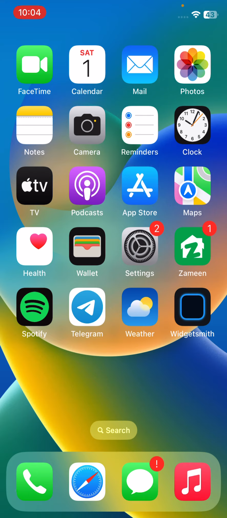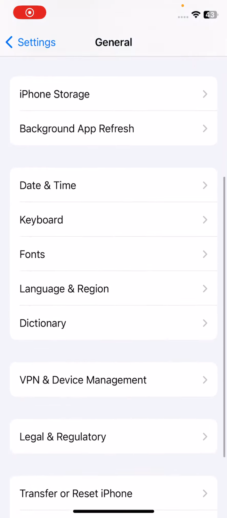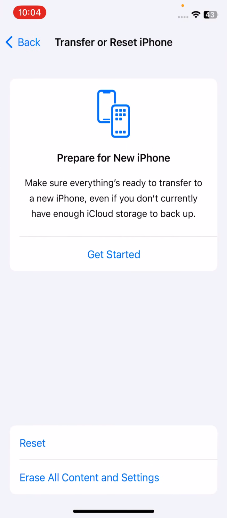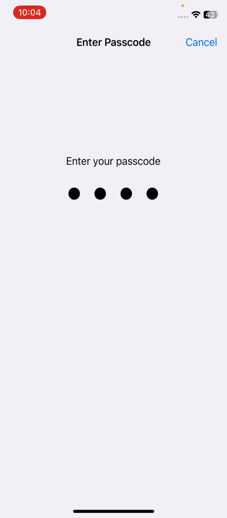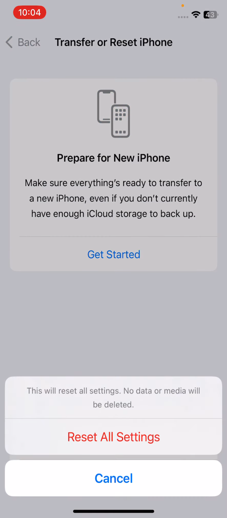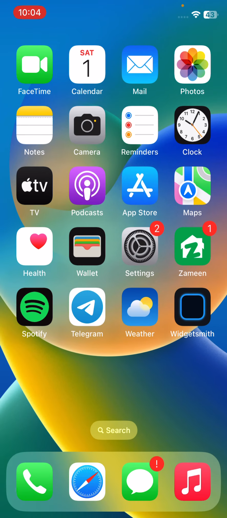reset all settings. For this, tap on settings, tap on general, tap on transfer or reset iPhone, tap on reset and reset all settings here. It will not delete your data, it will only reset your settings to the default. So after resetting your phone, here are the simple solutions to fix your iPhone notification issue on your